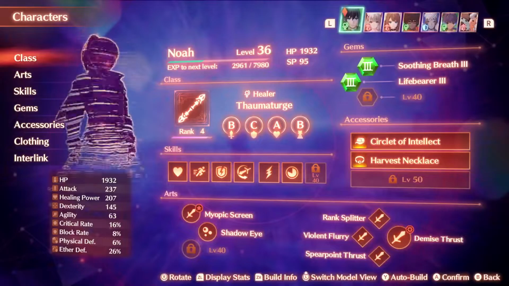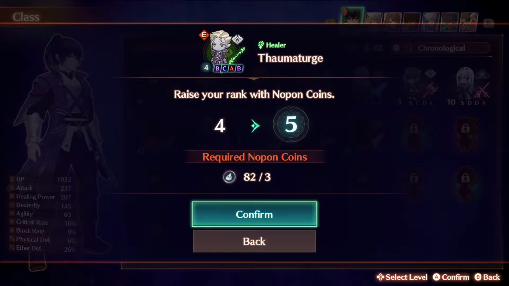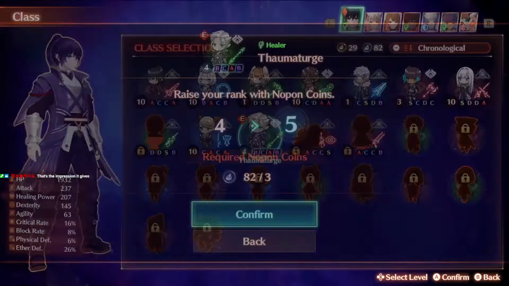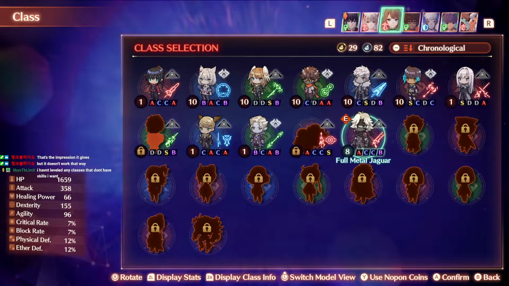I was considering using Nopon coins, but I also don't know what else I'm going to use my coins on next, so I'm just hoarding them. And it's 3 for 1 level, and I also